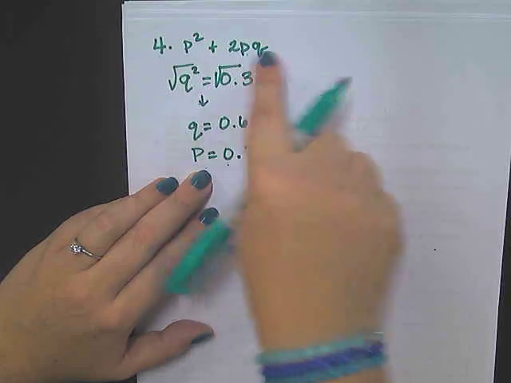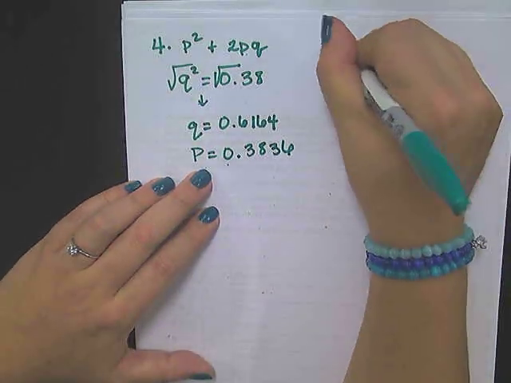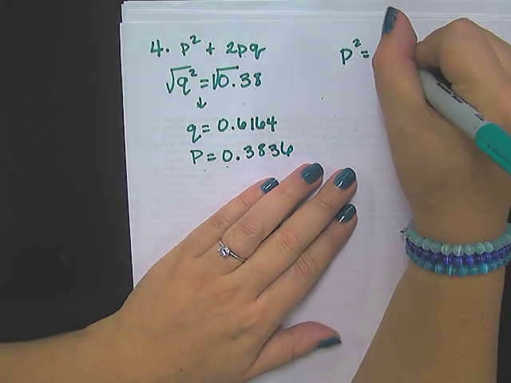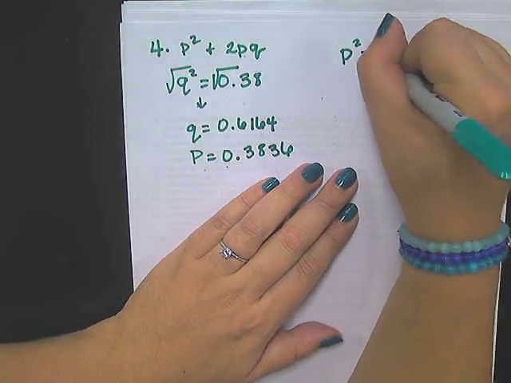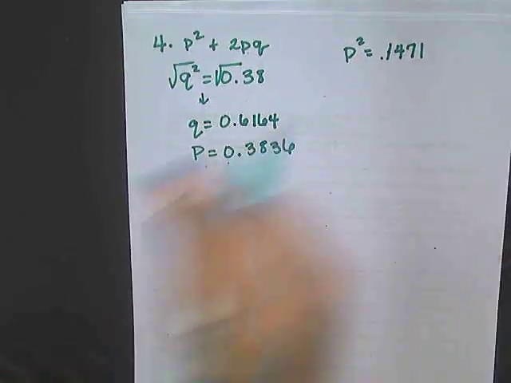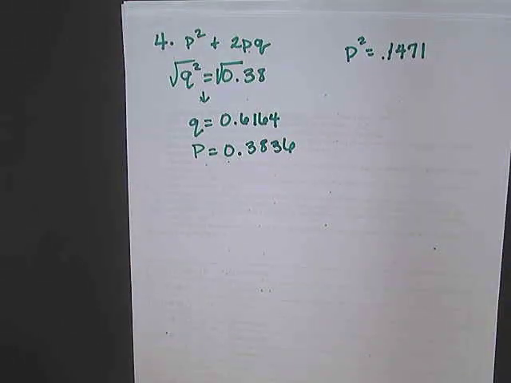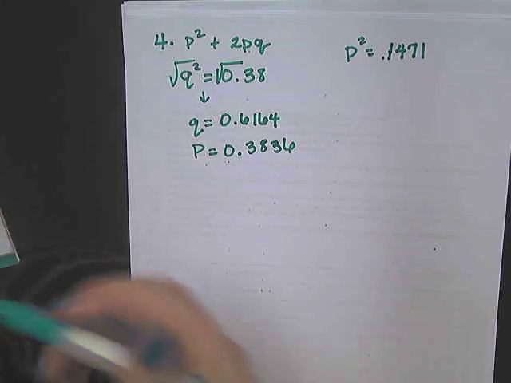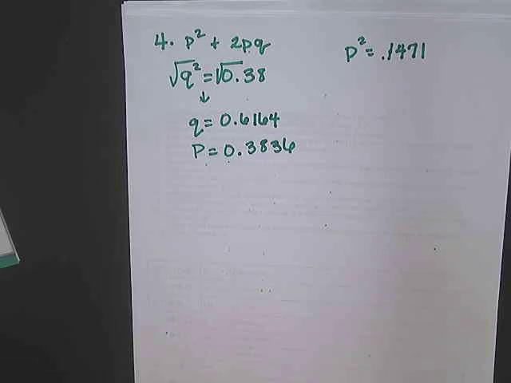Now I can take that p and plug it into these values here. So p squared is 0.1471, and 2pq